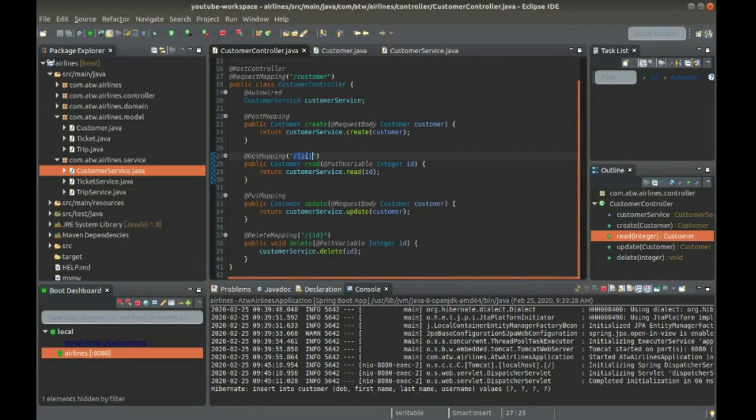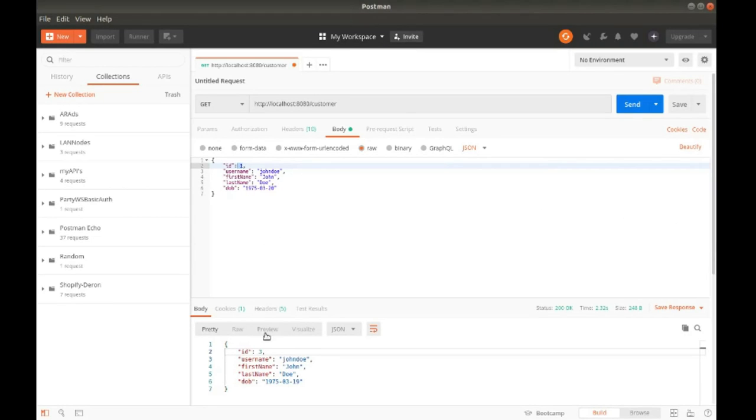And this is a variable. You don't put / curly brace ID in closing curly brace. You would actually put / and then a number of the ID that you're looking for. So for us, we created a customer, and this customer ID is 3. So we need to do get from this resource